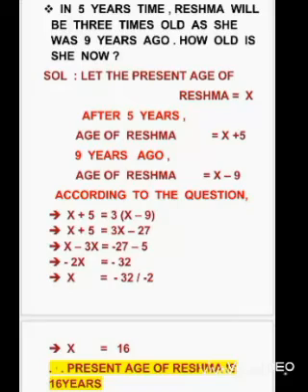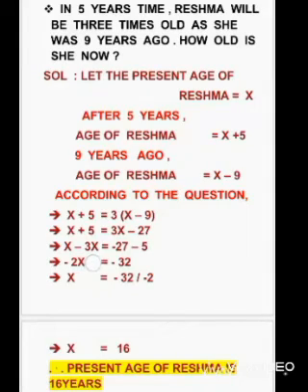Now let us transpose 3x to the left hand side. Then you will get minus 3x and already plus x is here. Minus 3x plus x, how much you will get, children? Minus 2x, isn't it? Now already minus 27 is there. Let us transpose plus 5 to the right hand side. Then you will get minus 5. So minus 27 minus 5. How much you will get? Minus 32.